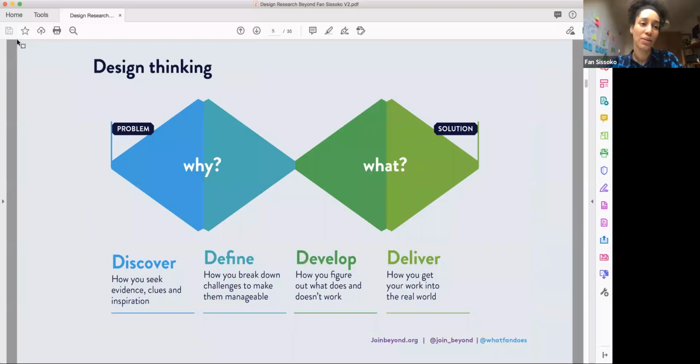And so my background is in design. If you've attended the previous talks in this series by Beyond, you will be familiar with this shape. But this is essentially the shape of a design project. So when you're applying design thinking, which is a way to solve a problem, a problem-solving methodology, you'll usually start with a problem